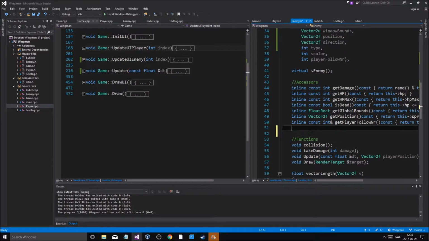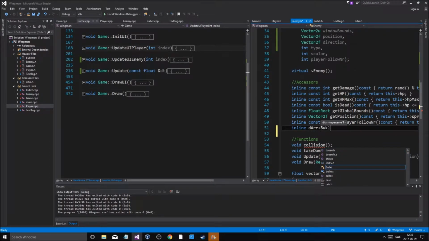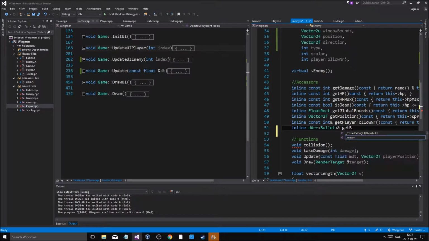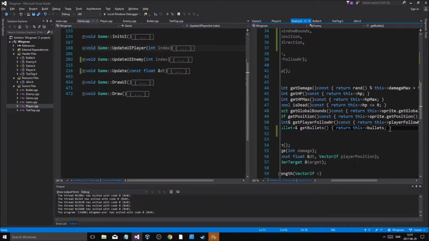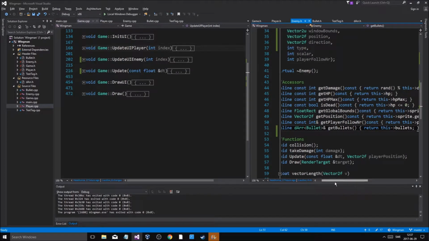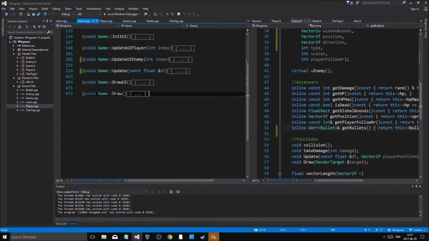constant inline 2D array bullet reference, get bullets, and then I'm just gonna do return this bullets. Okay, so I'm gonna return the bullets out of this whole thing,